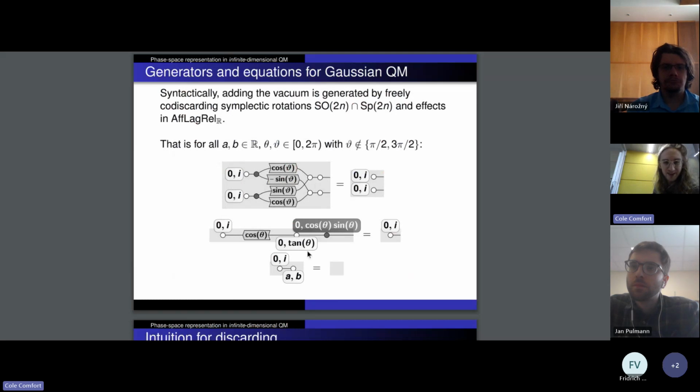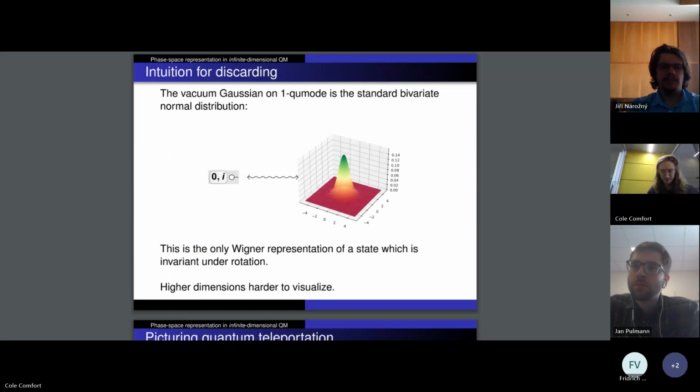And then this seemingly mysterious composite here is actually the internal rotation of the affine plane. So you can imagine rotating inside a single wire. There's c squared, and you're rotating this around the real plane. And you're asking that if you precompose this with the vacuum, you get the vacuum. And this is enough equations to reason about all of Gaussian quantum mechanics.